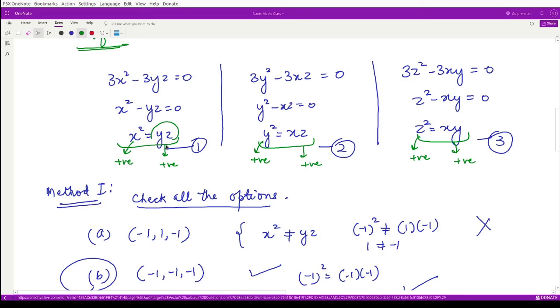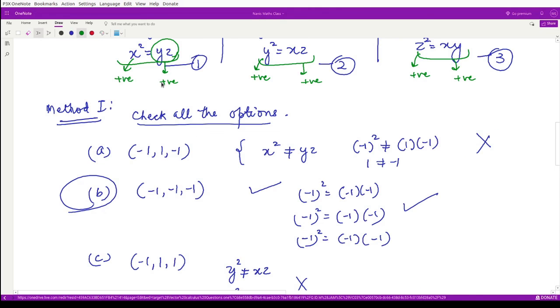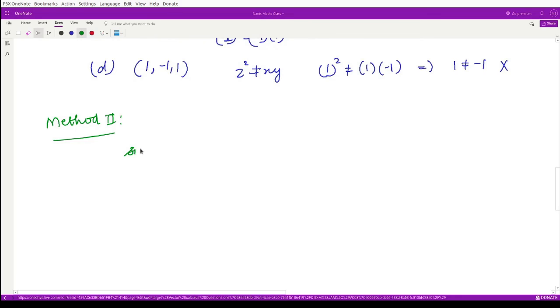Now for this to be positive, that means the sign of y and z, either you have negative negative or you have positive positive. In this case also either you have negative negative or you have positive positive. And for the third case also you have either negative negative or positive positive. So from here you can see that in all the conditions, because you want the same signs of x, y, z simultaneously, we can conclude in the second method that the signs of